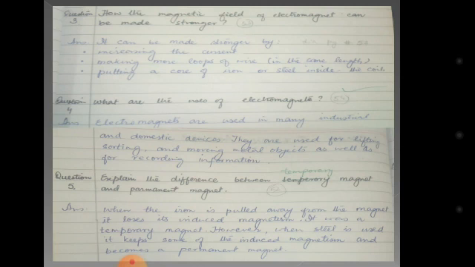Making more loops of wire, as I have shown you in the diagram in the starting, the loops of wire. If I coil the wire more, it will show more electromagnetic property towards that object. Okay, the last one, putting a core of iron or steel inside the coil. If I am using that type of coil which has iron or steel in it, the power of the electromagnetism will increase more and more.